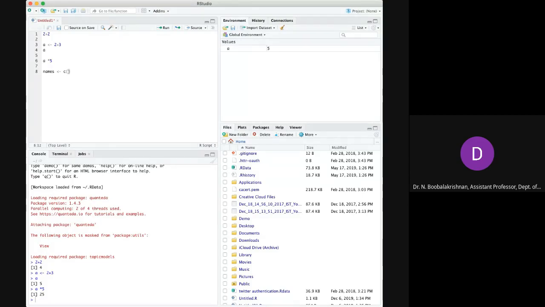Just type it in the chat box and give me some 5 or 6 captains' names. Azharuddin. Okay. Virat Kohli.